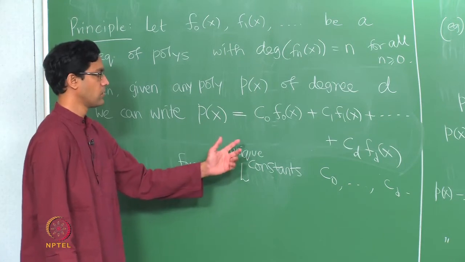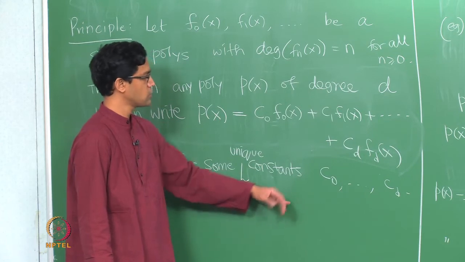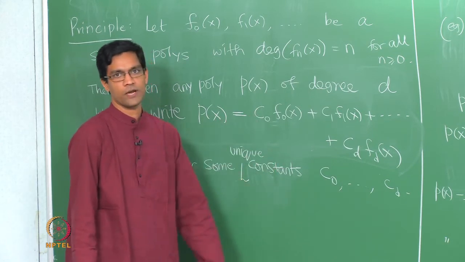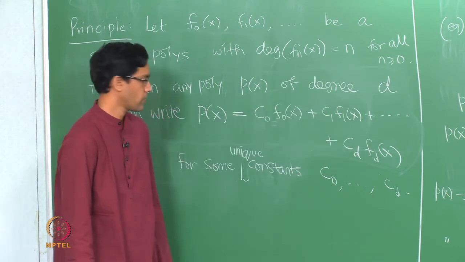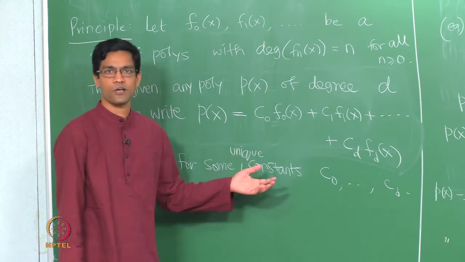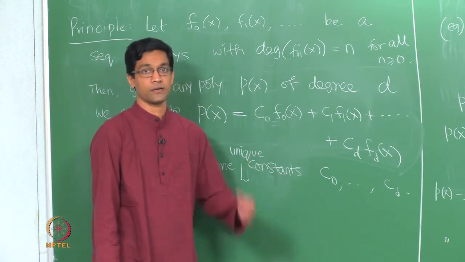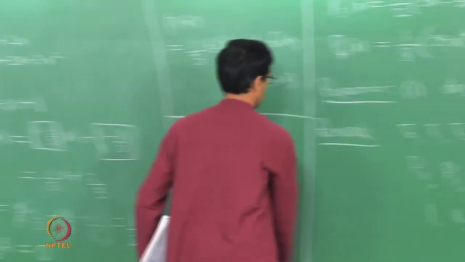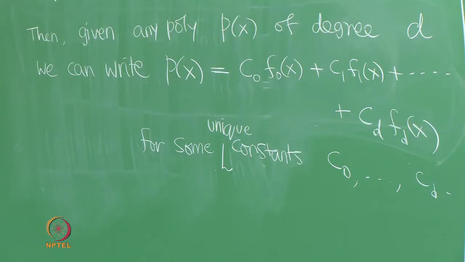If you attempt to write P as a combination in some other way, the constants you get in the new way of writing must actually be the same as the constants you get in the original way. And in fact this proof also shows the same thing. Okay. So this is something that I would like you to think about. Just try and figure out why these constants are really unique, try and give a formal proof. Okay. So that is a nice property of the Legendre polynomials, also of the Chebyshev polynomials.